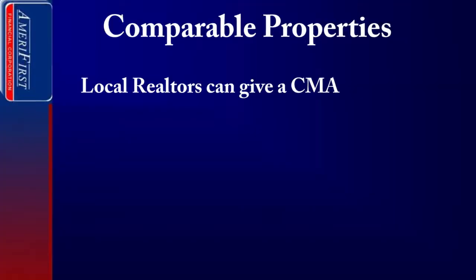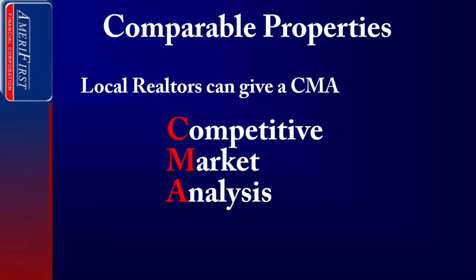All right, so when I'm going to the Board of Review and I'm taking in these comparable properties, what is a comparable property? How do I find those? Where do I get those from? A couple different ways to find comparable properties. One is you can always call your local realtor. They can give you a CMA, which would be a competitive market analysis. They'll find houses like yours in your neighborhood, and you can take that with you.